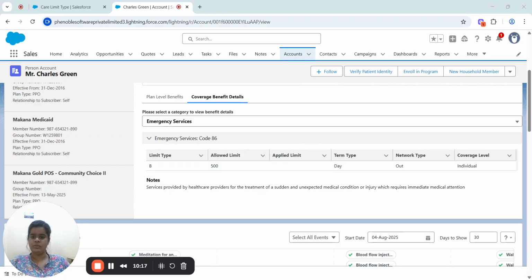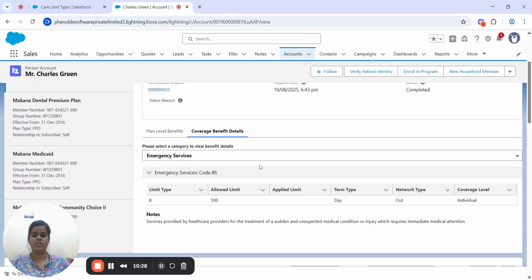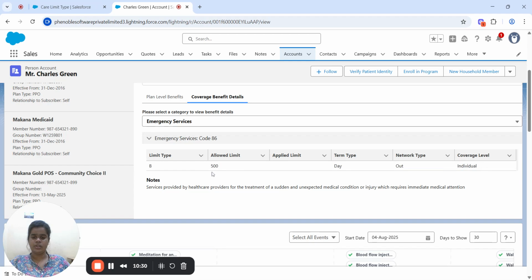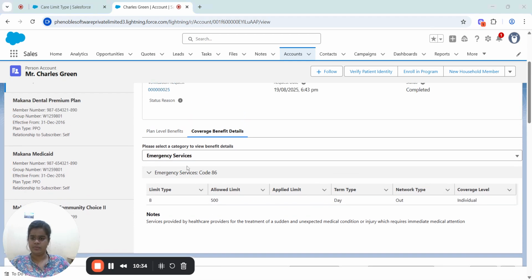The next is real-time confirmation of whether the patient's insurance is active for the proposed service. If you use a real-time example, you will see the real-time insurance coverage for this patient.